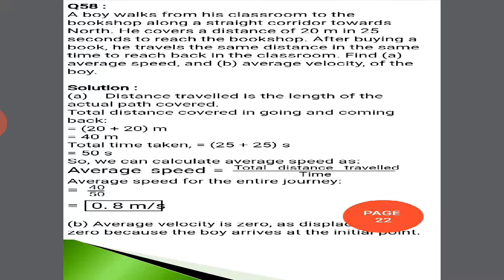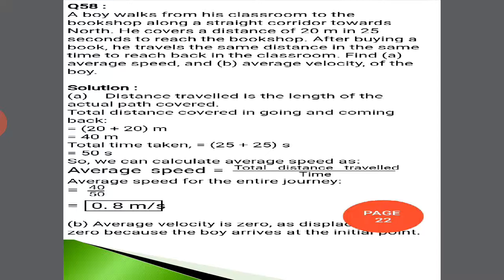So we can calculate the average speed as total distance traveled upon total time taken, 40 upon 50, it is 0.8 meter per second. Now the average velocity is 0, as the displacement is 0, because the boy arrives at